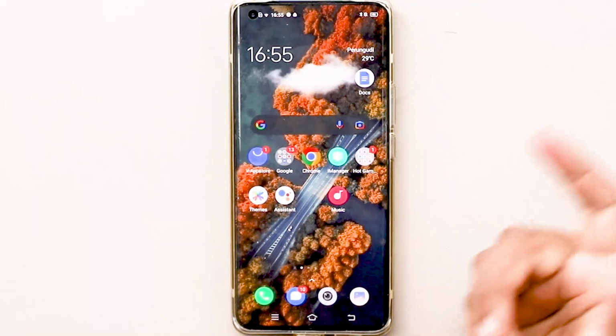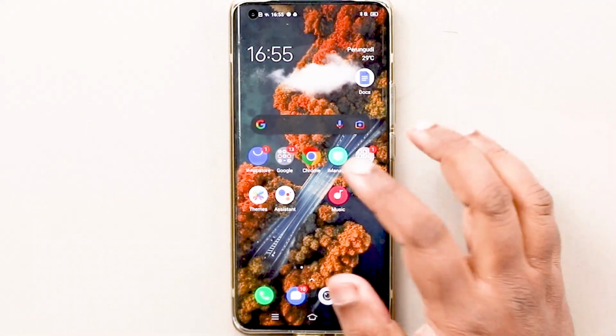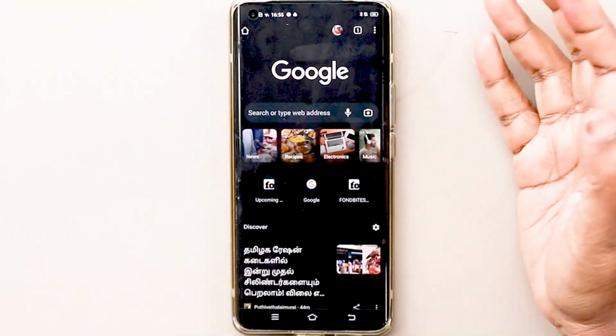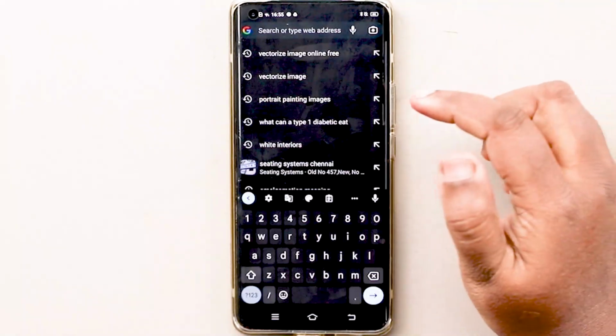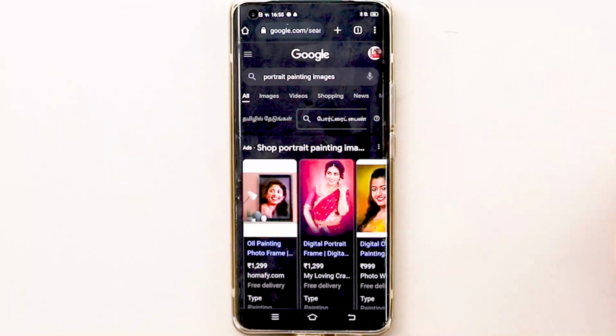So now in this lesson, I'm going to teach you how to choose an image for portrait painting. You could just do that on your device. I have my simple phone, the mobile, to do it, and you could do that on your desktop or laptop if you're comfortable with it. So what we're just going to search is portrait painting images,